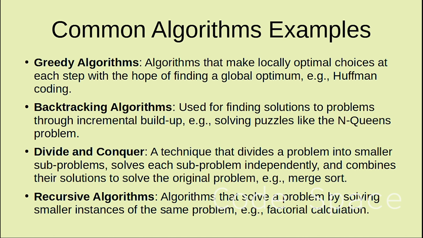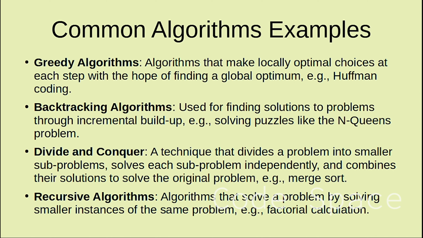Some more examples are greedy algorithms, which make locally optimal choices at each step with the hope of getting a global optimum, like Huffman coding. Another is backtracking algorithms, used for finding solutions to problems through incremental build-up, like puzzle solving, such as the N-Queens